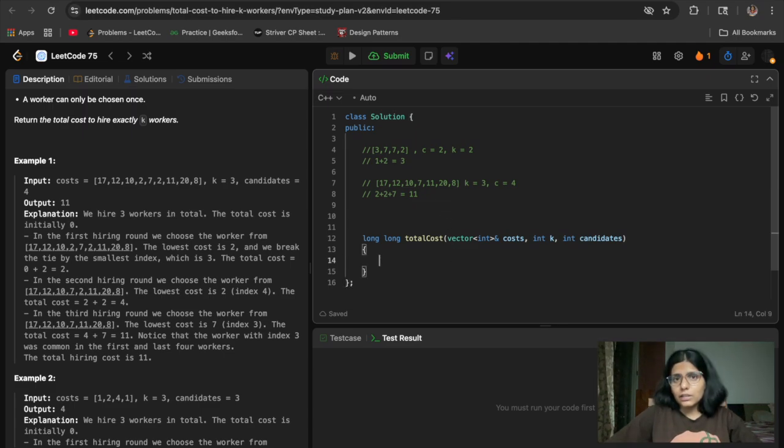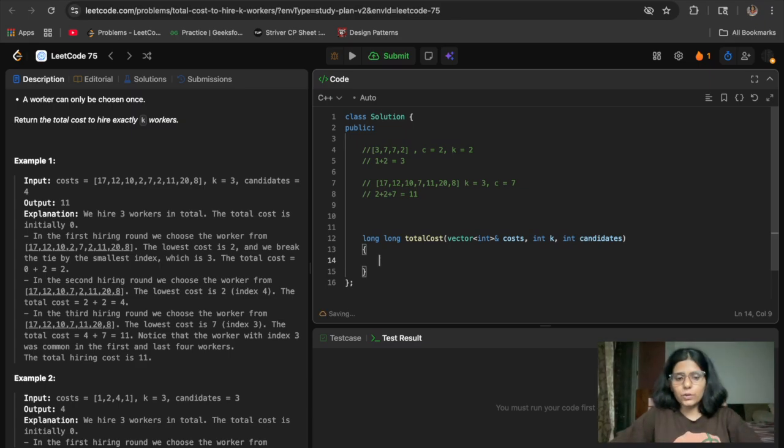The minimum size could be 0, because what if they say we want 7 candidates from a window of 7 candidates? Then the front will have 7 candidates and the last will have nothing. So the minimum size for the heap can be 0, and the maximum can be the window size.